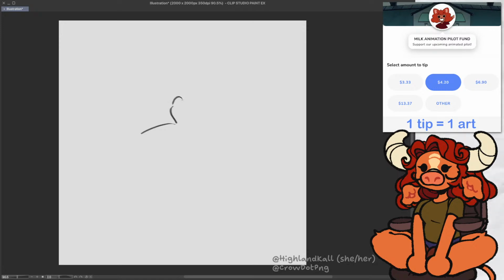Let's draw a cat. Why is this? Oh, there's like no stabilization. There we go. I was trying to figure out why it was being so strange. That's going real slow.